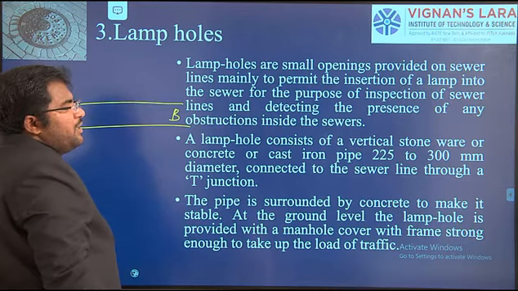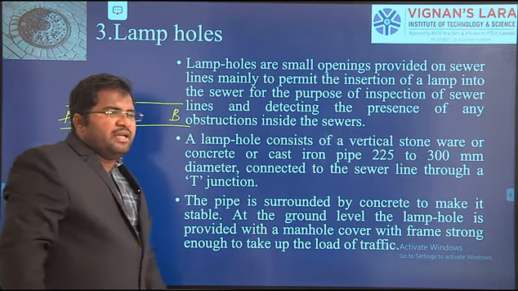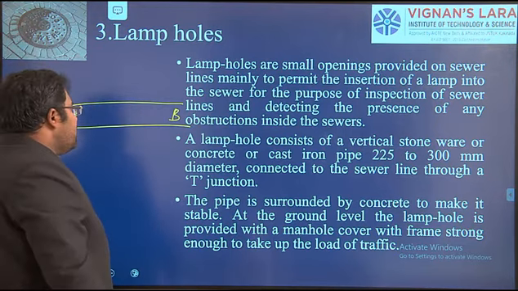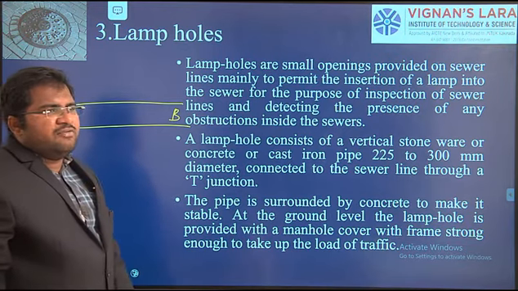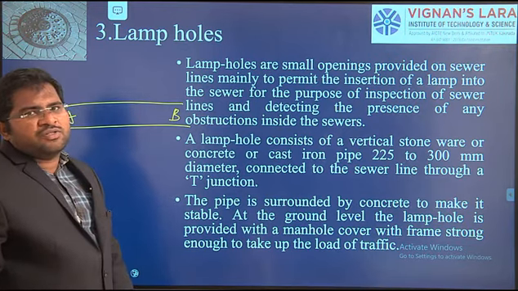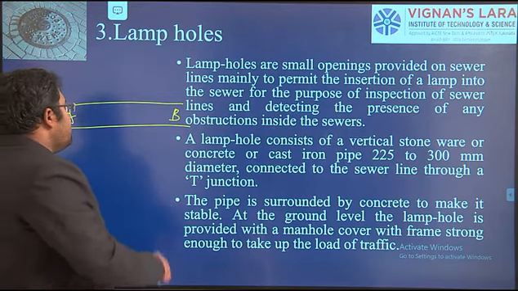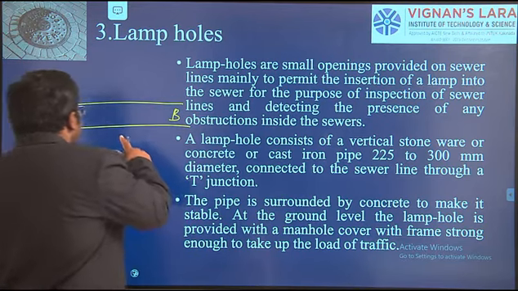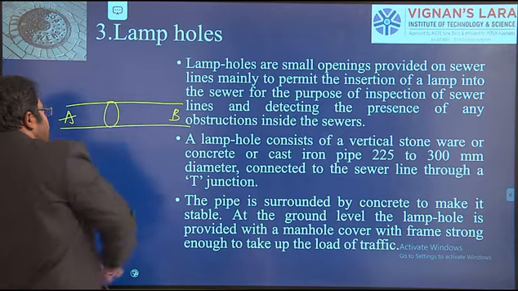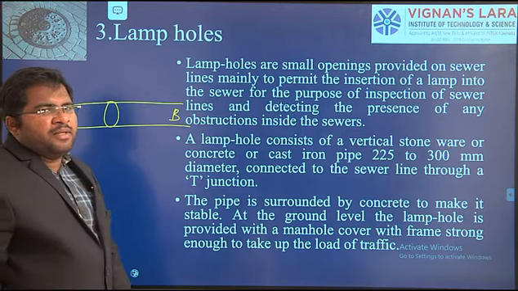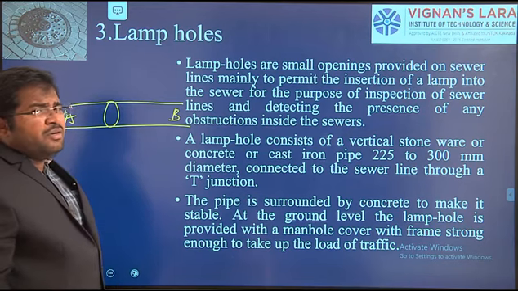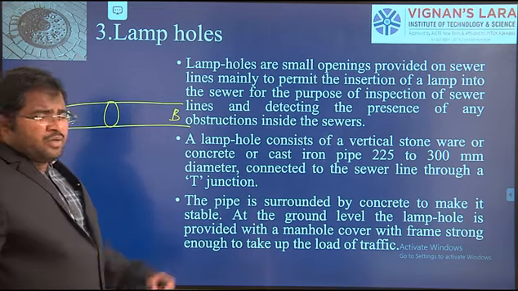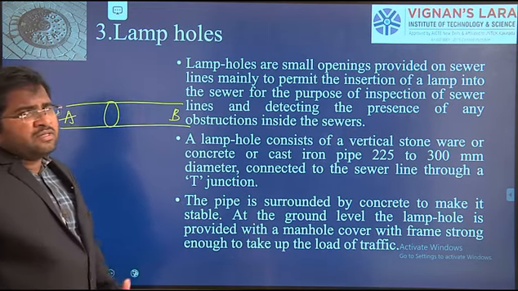So at some time of the day, we are getting upset, or we are seeing the overflowing of sewage onto the roads. Then we can conclude that there is some obstruction between points A and B, so that the water will come from this side, and we have to remove that obstruction, and we have to see where that obstruction is located.